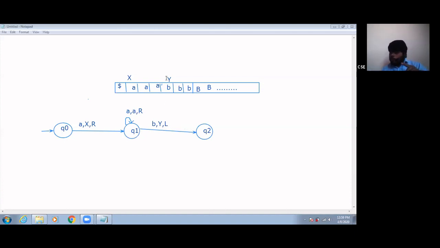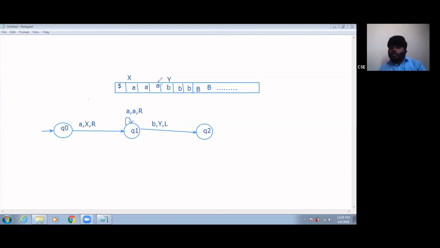While you are going left-hand side, remember that at every point of time you need to remember which state you are at. So now I am at state Q2, and my input processing symbol is A, because after moving left-hand side I have seen A. What do I need to do? I need to process it.